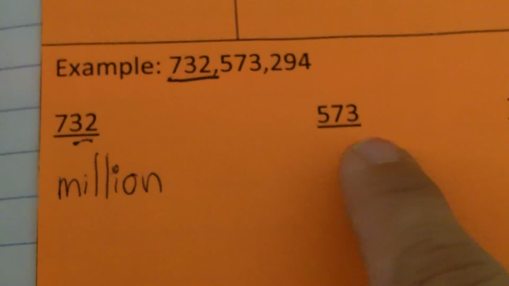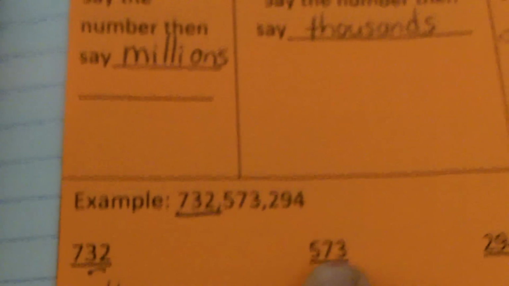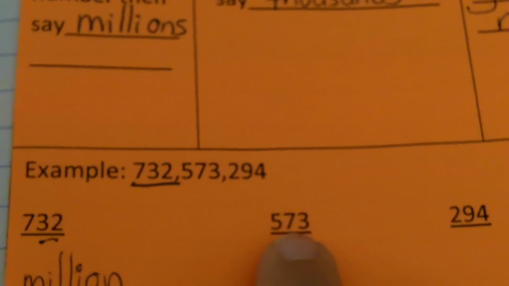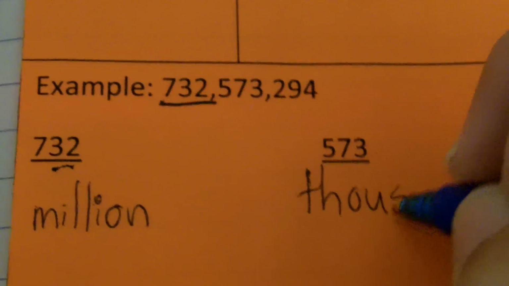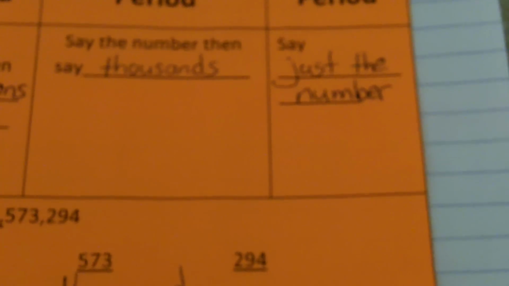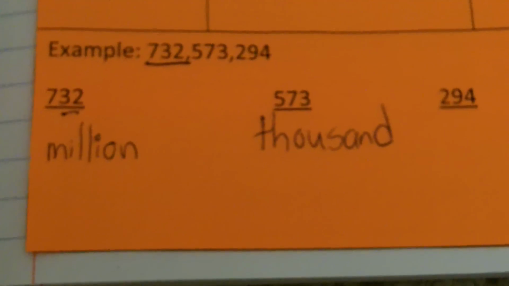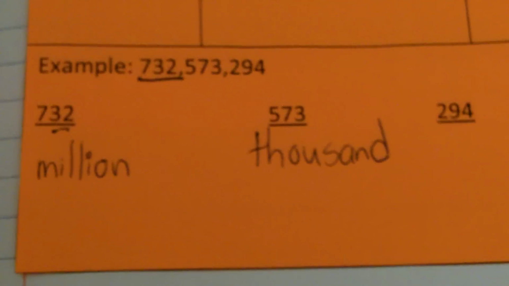Now I'm going to read the number in the thousands period. And remember, in the thousands period it said, say the number, then say thousands. So I'm going to say 573,000. Now we're on to our ones period, and the ones period says just say the number. So the number is 294, and I don't have to say anything at the end. So my example, my 9-digit number, I would read it like this: